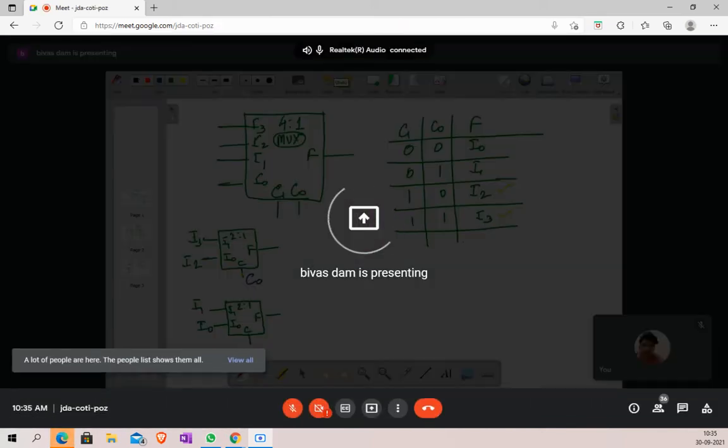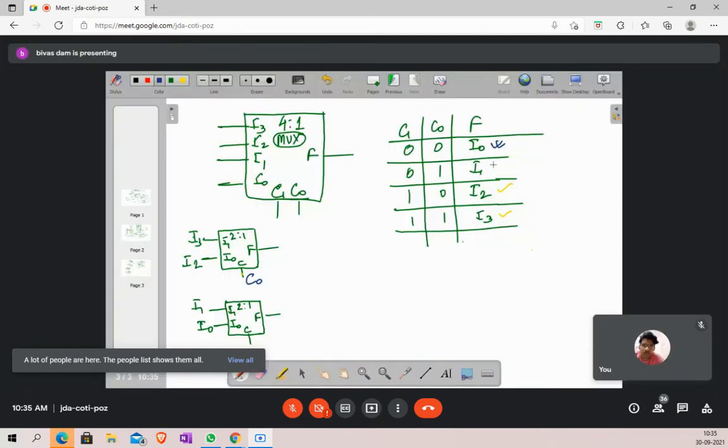Once again, to select one of these, C1 has got no control over that selection, but it is C0 which has that control. And the way we have connected I1 and I0 with the I1 and I0 of the 2:1 multiplexer, I have to connect C0 here. If the positions of these two wires are interchanged, then instead of C0, we have to connect C0 bar.